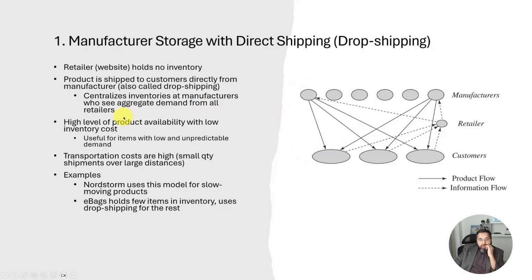Okay. So this sort of network would work well where you really want to focus on minimizing inventory costs. Because remember, this network is good for minimizing inventory costs, not good for transportation costs. So sometimes this is done by companies for very slow moving product with unpredictable demand. Okay, so let's say